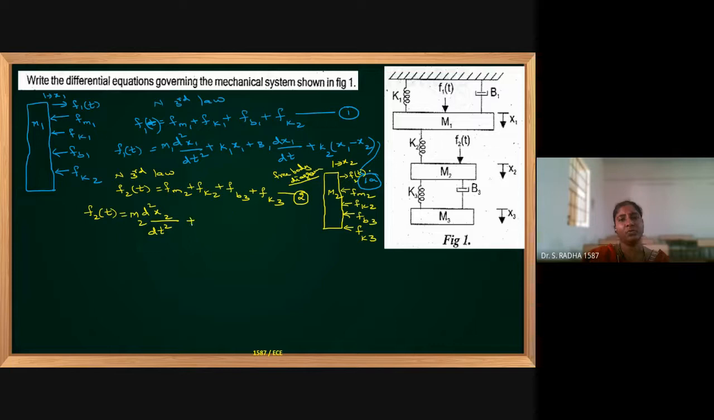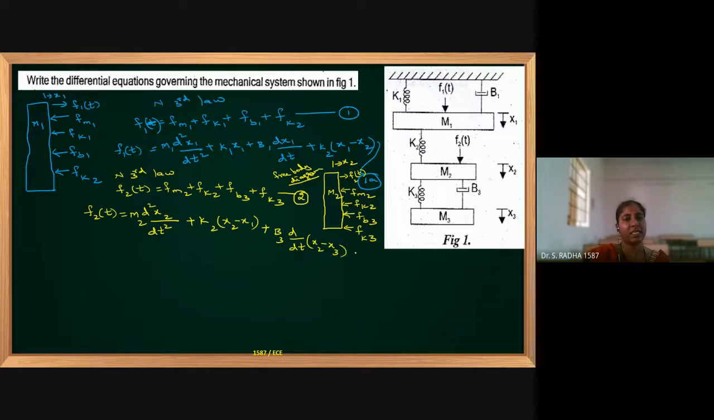Now K2, if you see K2, it is connected between the masses. So K2, I am writing for M2, so I have to write X2 minus X1. The other side displacement is X1, but I have to give preference to X2, so X2 should come first because I am writing for M2. Next B3, if you see B3, it is connected between the masses, but I am writing for M2, so X2 should come first. B3 d by dt, x2 minus x3,